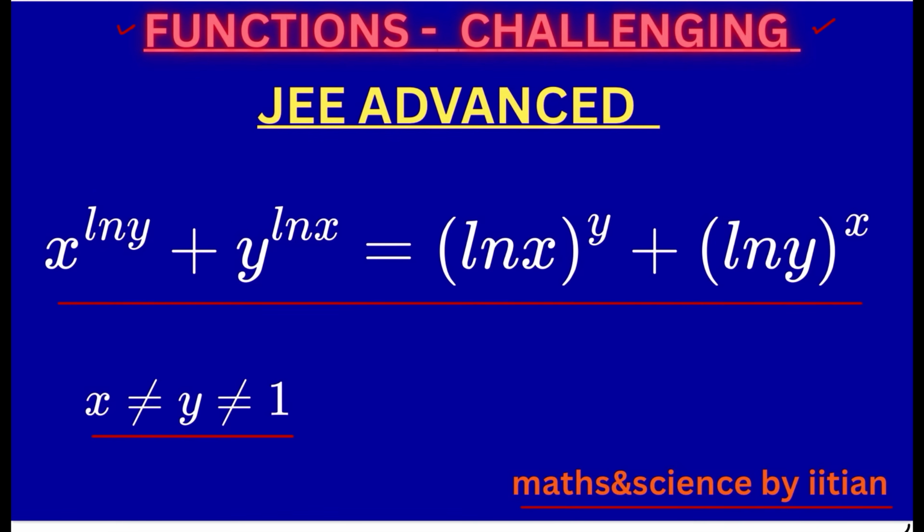Trivial solutions are not required. We want either a real solution or a complex solution, but not a trivial solution. X is not equal to y is not equal to 1. That is the condition. It's a very tough question